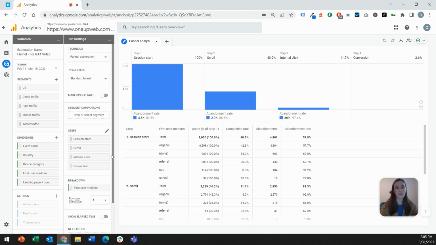And then your next step, you would want to choose something that indicates that there's some interest there in your brand. So we chose scroll as our interest stage funnel event. Next, we would want something that indicates that they're in the research stage or the consideration stage. So the event that we chose to represent that is an internal link click, because it shows a little bit more engagement, a little bit more of a research intent. And then finally, you can end with your conversion event that you are focusing on for this funnel exploration. So I will show you how these are built out.